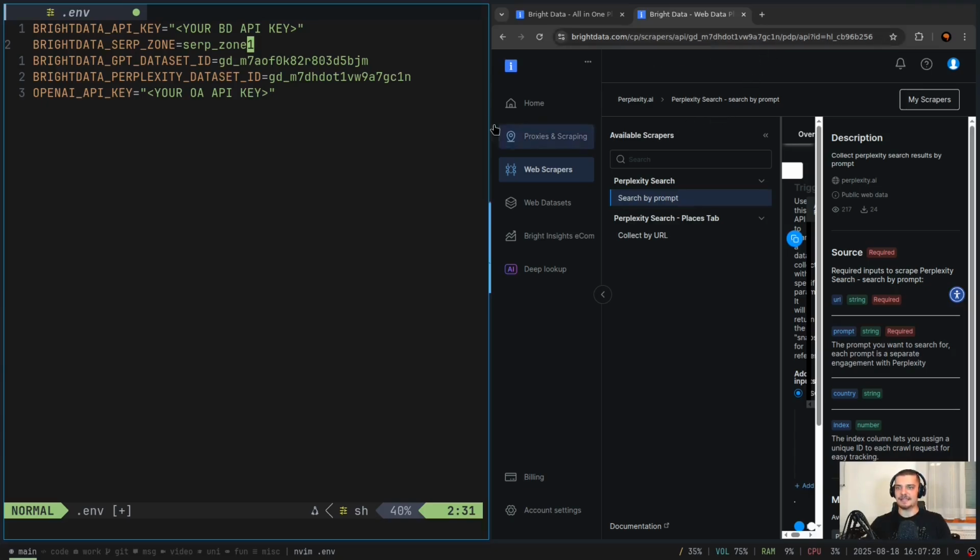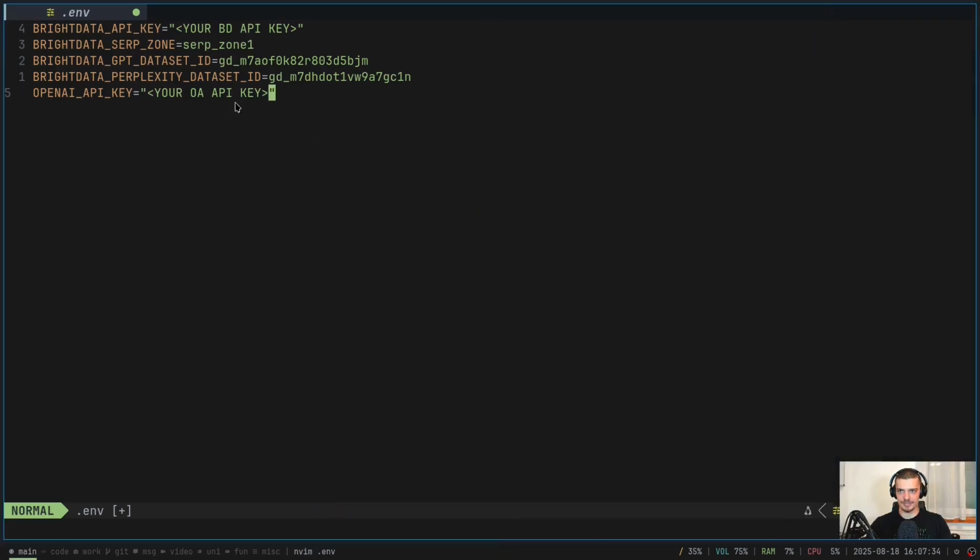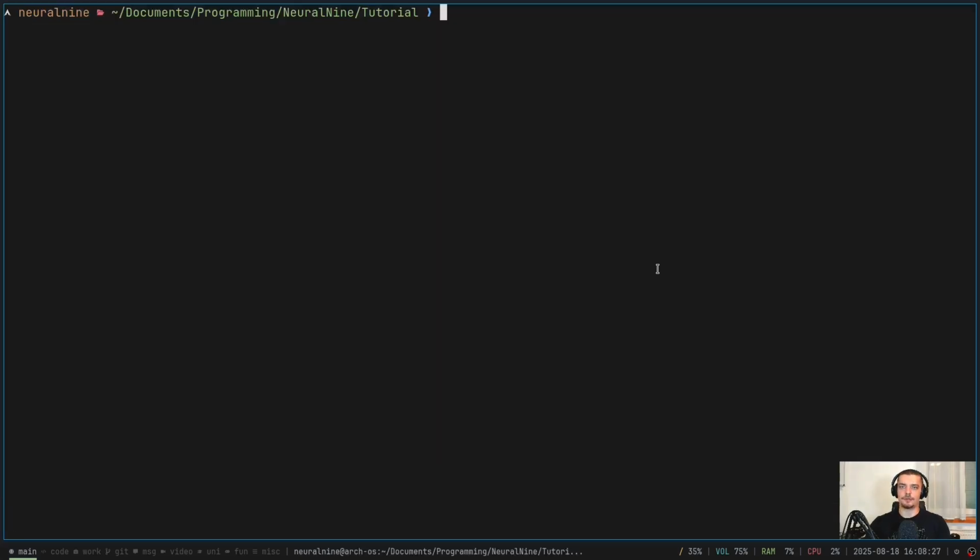So that's basically all you need from Bright Data. This allows you to use everything in your code now, so you can actually close the browser. You don't need it anymore. So just make sure you have the proper API key. Make sure you also have the OpenAI API key. In my case here, I'm going to edit this now off screen, and then we're going to start with the coding. And of course, before I do that, it's not SERP Zone 1, it was SERP API 1. All right, so now that we have all of this, we're going to start with the actual setup of our